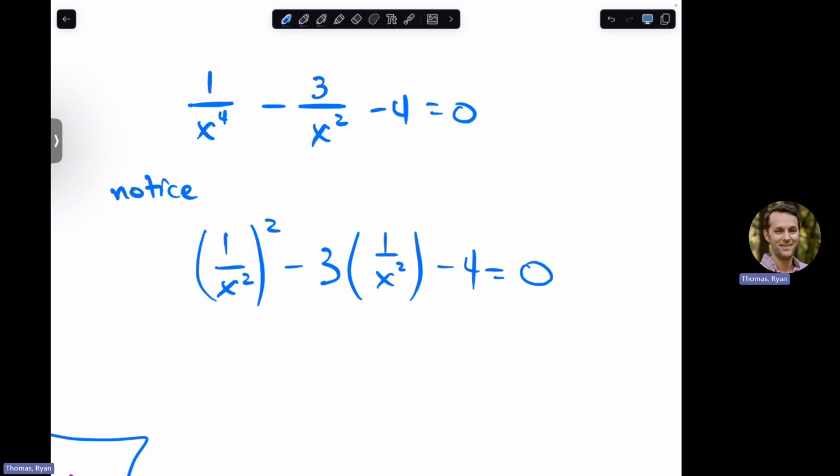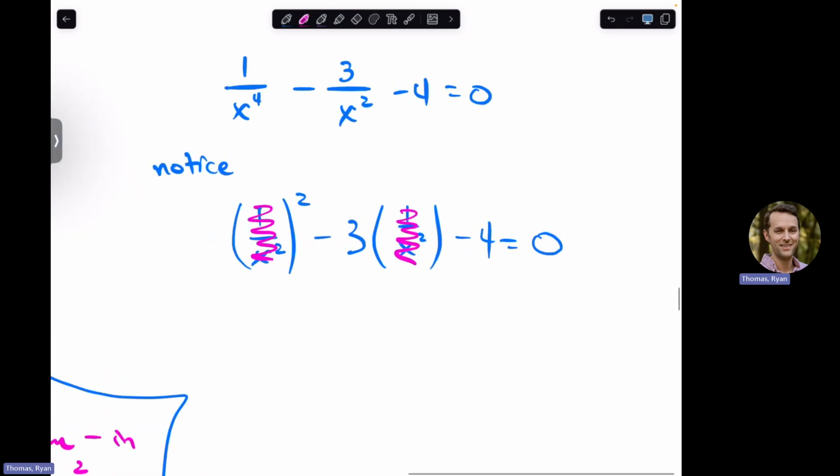I can write that thing like this. 1 over x to the fourth is the same thing as 1 over x squared, squared. And 3 over x squared is the same thing as 3 times 1 over x squared. And the reason I'm doing that is to make it look like a quadratic, right? This thing's quadratic in terms of 1 over x squared, which means if I could factor it, just normal trinomial factoring stuff, or use the quadratic formula,